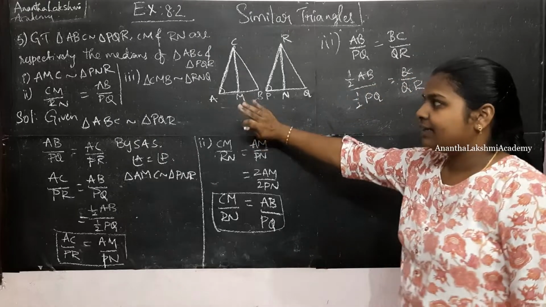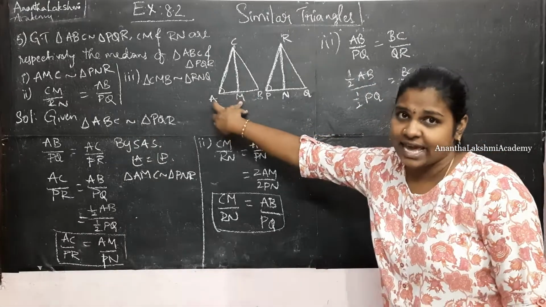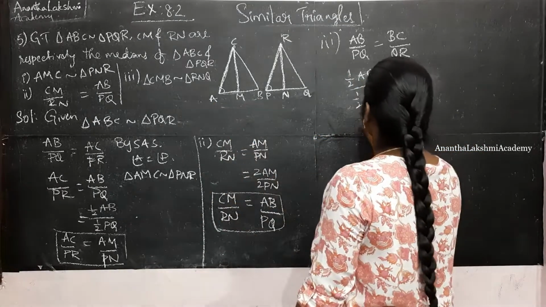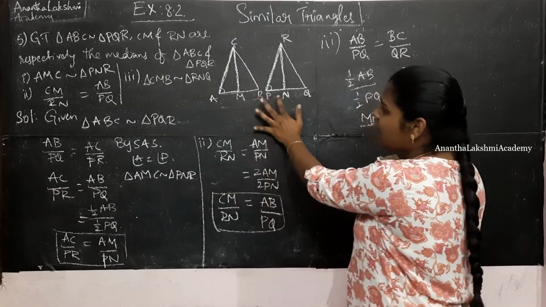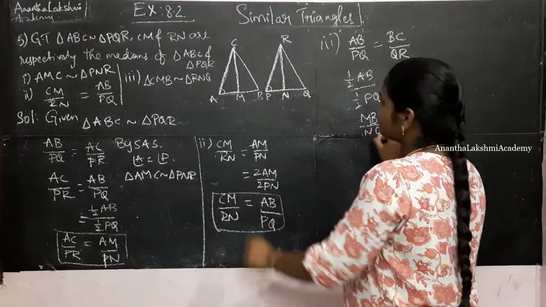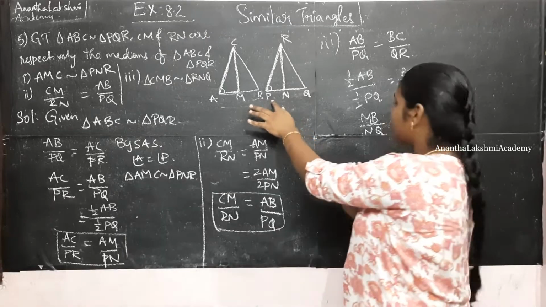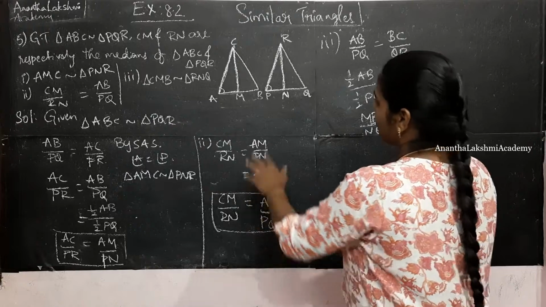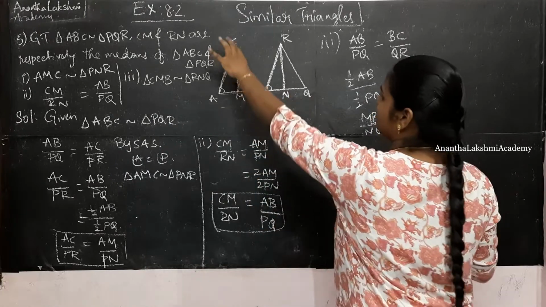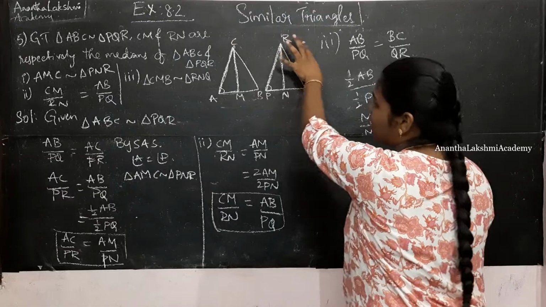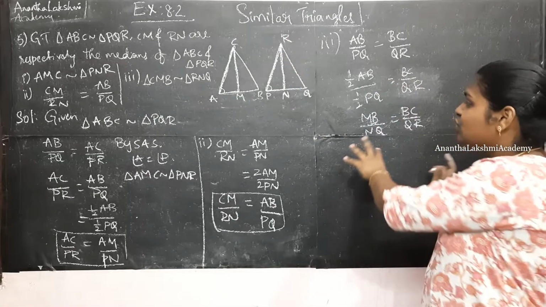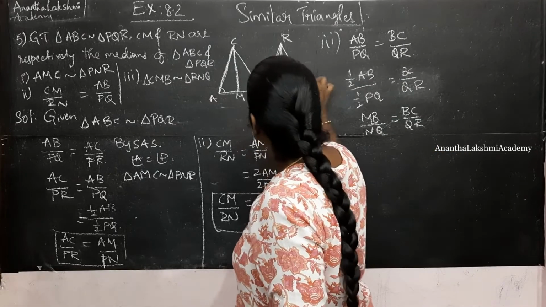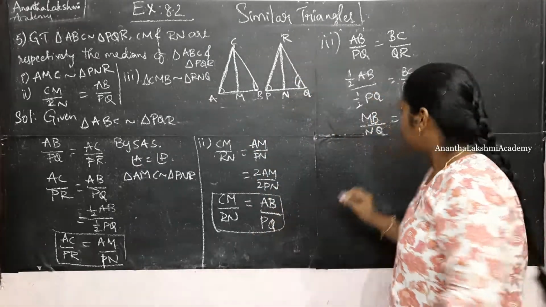Okay. In the first bit, I wrote it as half AB is AM. Now I am going to write it as MB. Since M is the midpoint, half AB is nothing but MB, and half PQ is nothing but NQ. In the first bit, I wrote it as PN. That's just the difference. Is equal to BC by QR. Now, MB by NQ is equal to BC by QR. So here, the ratio of two sides is equal. So, according to SAS, the angle enclosed is also equal.